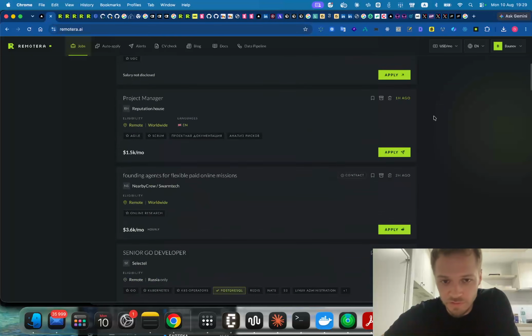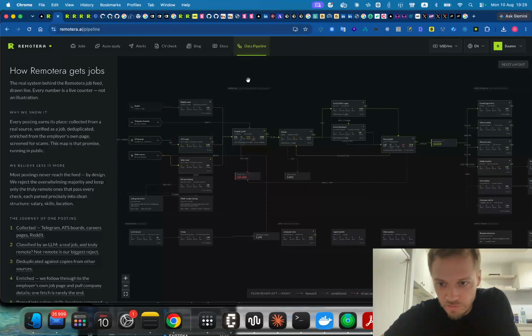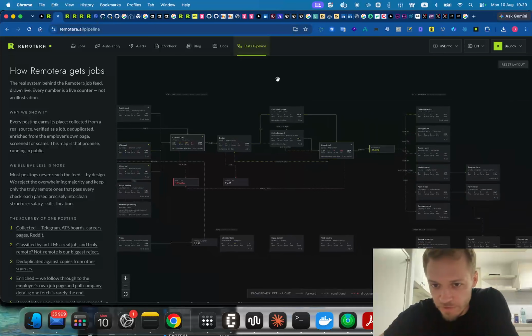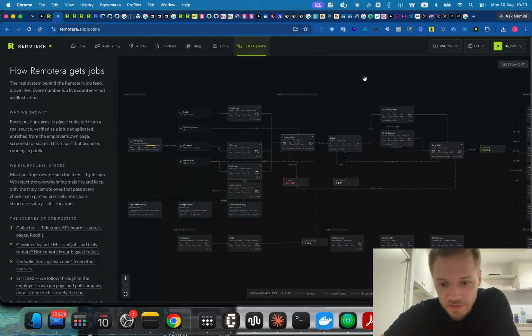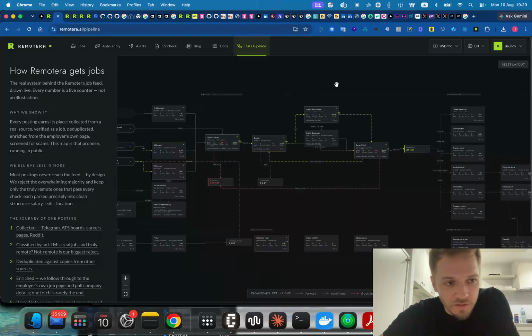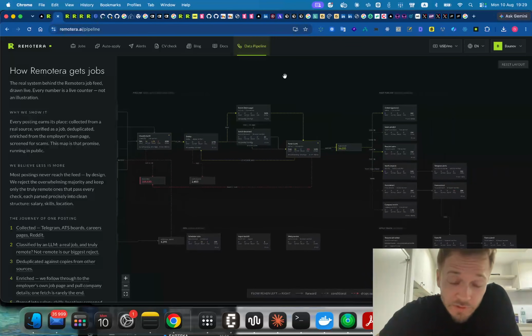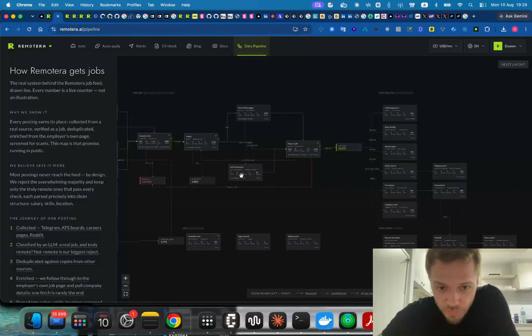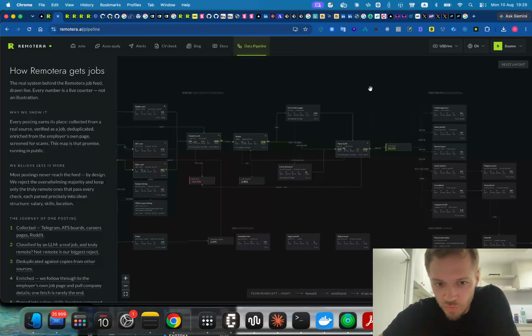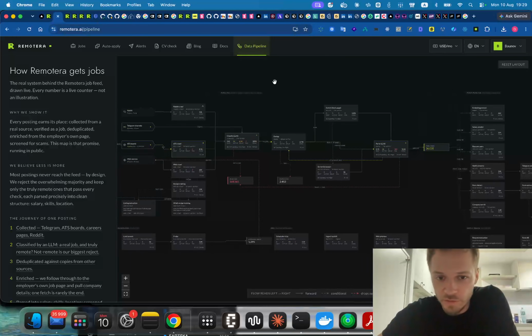Same with archival. So yeah, archival speed is very important. You don't want to waste time applying to something that has already been archived. Well, that's my opinion, at least. Well, kind of makes sense. And yeah, what was I saying? Yeah, archival job updates are also very important, and we want to minimize the time deltas when we get those updates, of course. But at the same time, we want to do it with a limited set of resources,